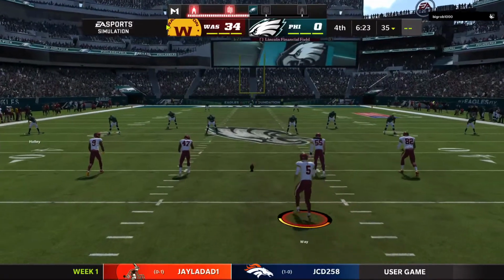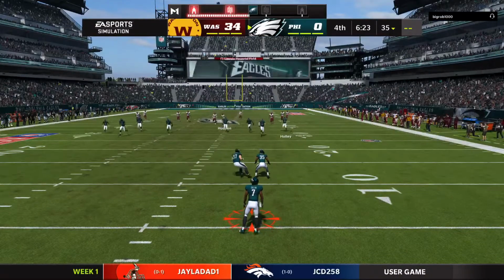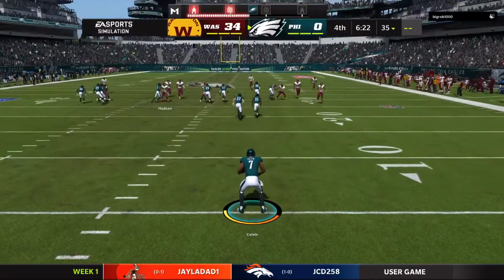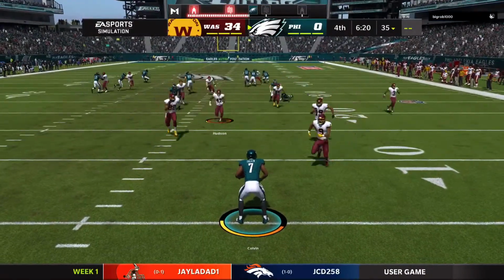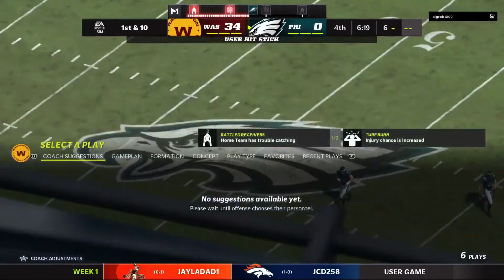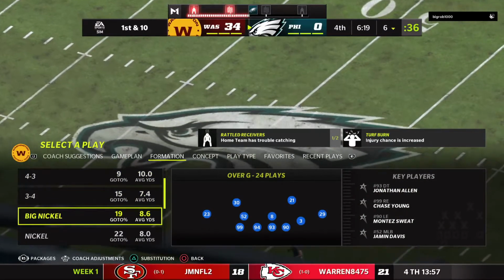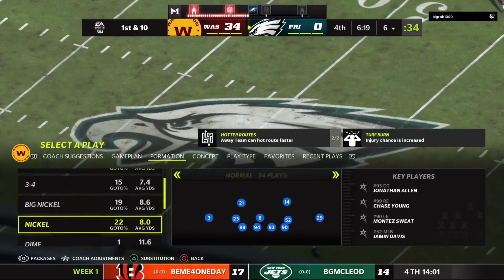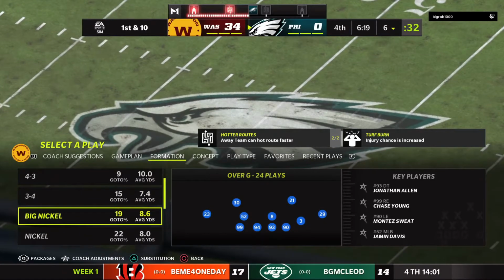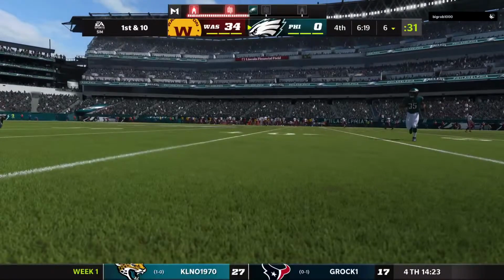Set now to kick this one away, and off it goes. From the 6. And they will be backed up deep. Trouble here as they're going to start this drive at the 6. In this position, trying to get back into the game, teams are looking for a spark from their special teams. That's not what they got, though. They got a setback, and they have a long field to cover if they want to try and put points